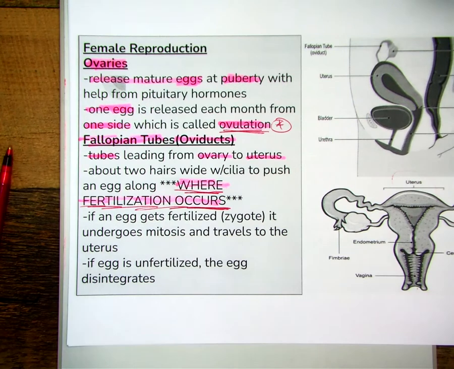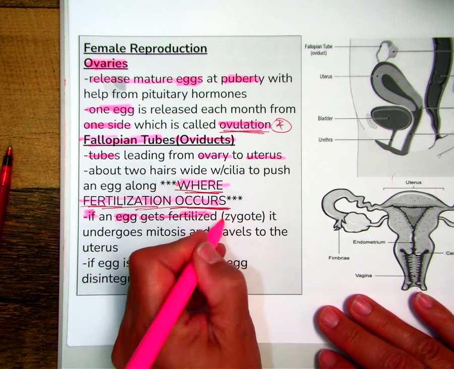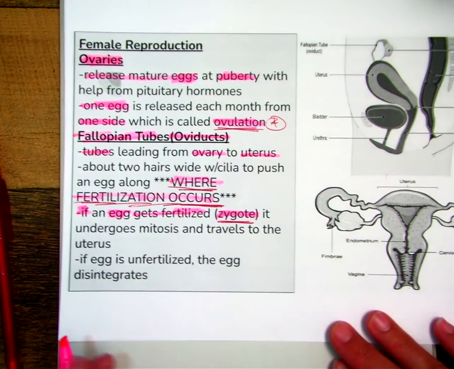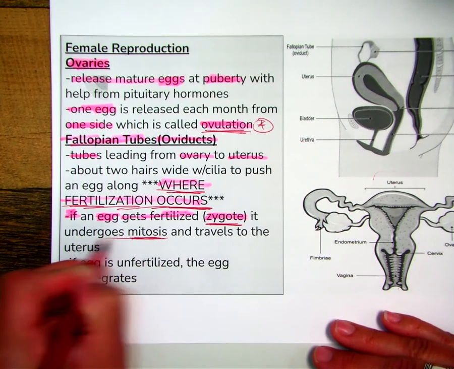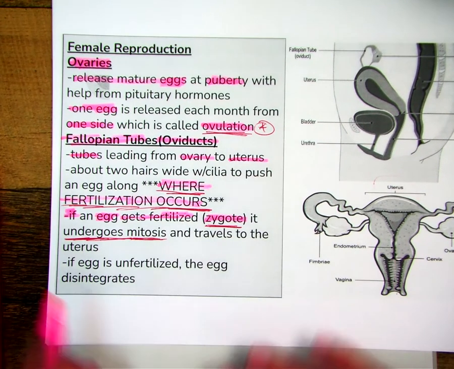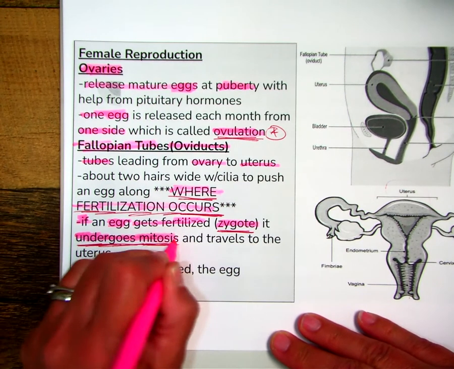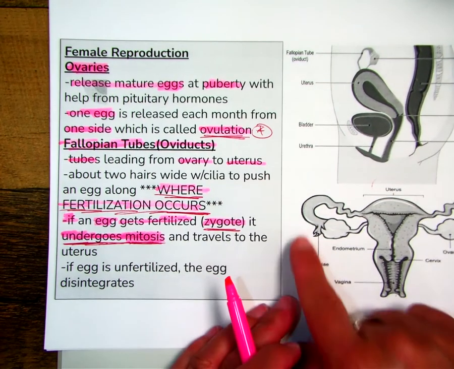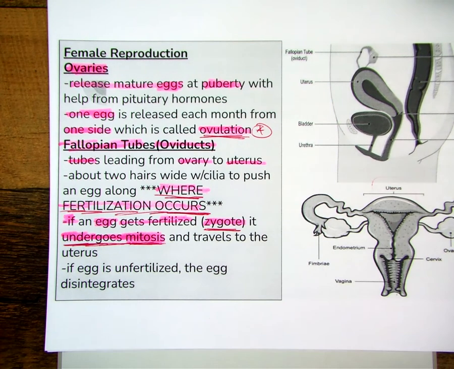If an egg gets fertilized, we now call that a zygote. Underline that, highlight that. And it starts to undergo mitosis, which we've been chatting about. This was our last unit. It just starts to do cell division. The beginning stages of development, it starts to do it as soon as it's here. It starts to travel back, and it starts to do mitosis. It goes from 1 cell to 2 to 4 to 8, and we'll talk more about that later in another